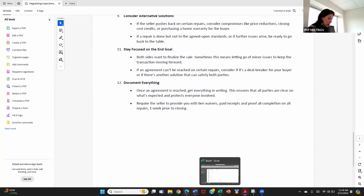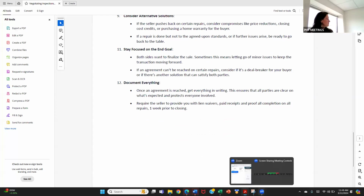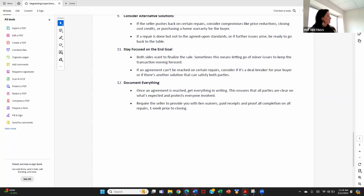I guess the only thing I was going to say is be mindful of the cost associated with the inspection point and you having to go back and show your clients properties and start the process all over again. So just looking at the picture as a whole, making sure that you're getting creative and solution oriented, considering all the time in the long run. For example, when